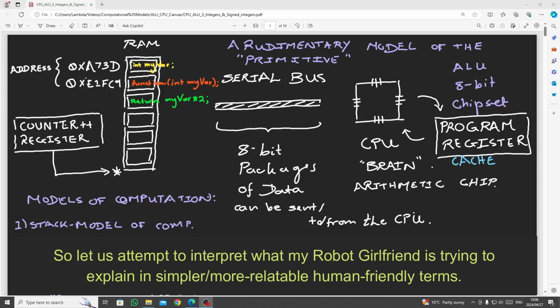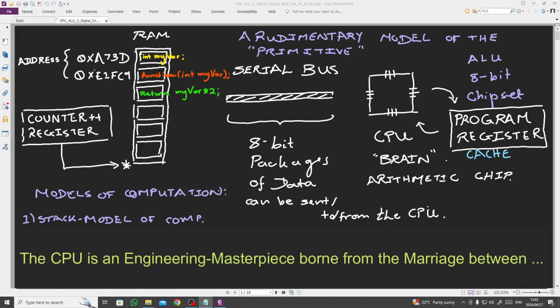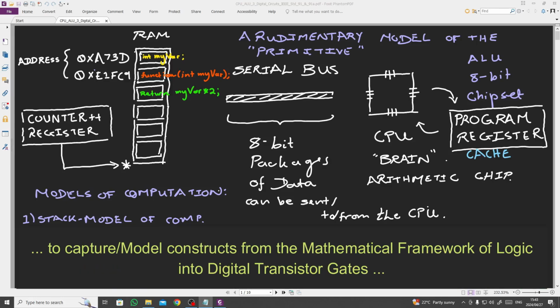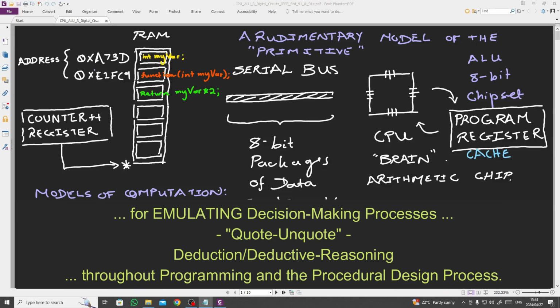So let us attempt to interpret what my robot girlfriend was trying to explain in more relatable, human-friendly terms. The CPU is an engineering masterpiece born from the marriage between the disciplines, or the intersection between the fields of the theory of mathematical logic and the application of transistor physics, to capture or model constructs from the mathematical framework of logic into digital transistor gates for emulating decision-making processes, quote-unquote deduction or deductive reasoning, throughout the programming and procedural